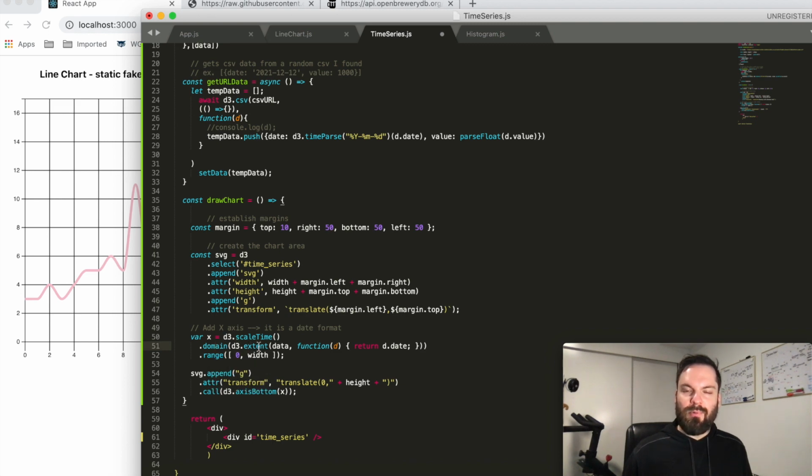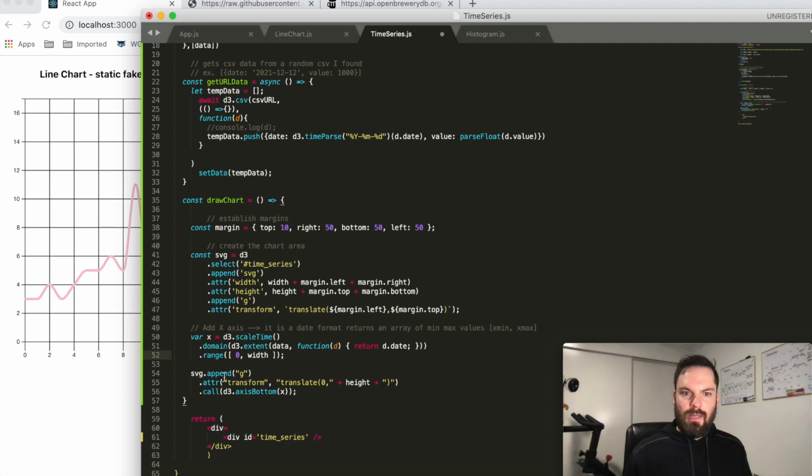Instead of doing a pre-calculated min and max value, this time I'm showing you that you can use d3.extent. d3.extent will loop through your data, and it will return an array of the min and max values. So it'll be like x min, comma, x max. And therefore it fits right into the domain. And then again, setting the range to be from 0 pixels to 400 pixels,